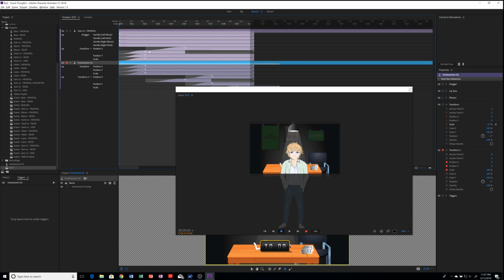But I normally do all the pans just straight inside Character Animator like this myself. Yeah, it works, and then I don't have to use more tools, because as I said, I just found After Effects a bit too sluggish, whereas here it's